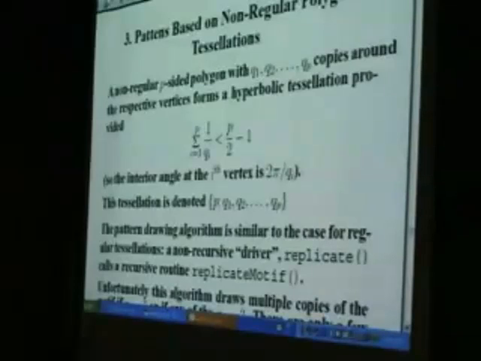This is a generalization of the (p minus 2) times (q minus 2) being greater than 4. The idea here is that the interior angle of the ith vertex is 2 pi by q sub i. And this tessellation, I just denote p semicolon. And the pattern algorithm that I use for this is based on the previous one, in that